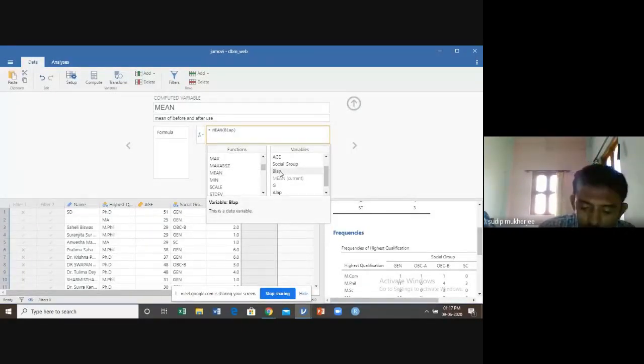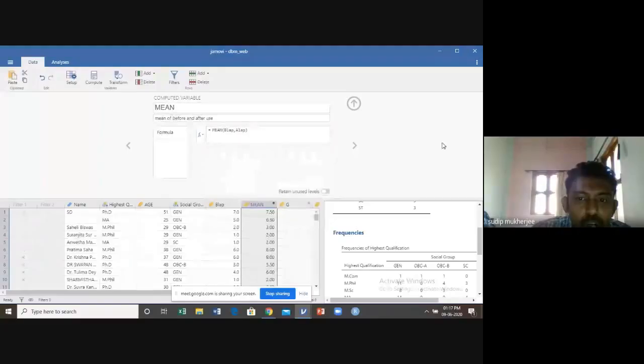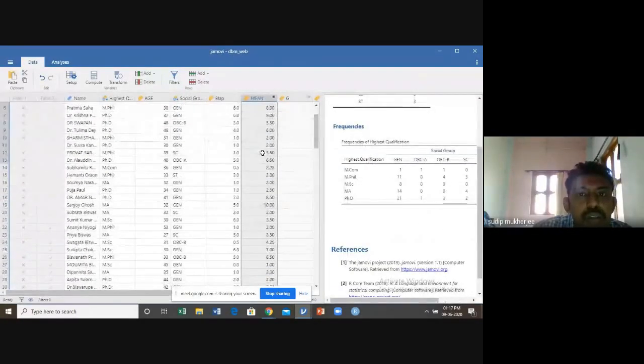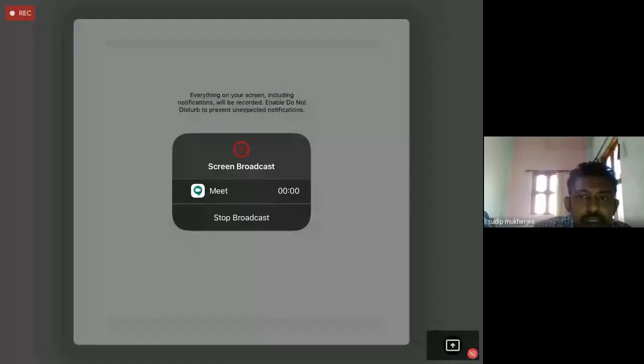Mean of this one, then comma, then the other, and click outside. Automatically you see the mean of these two variables created.